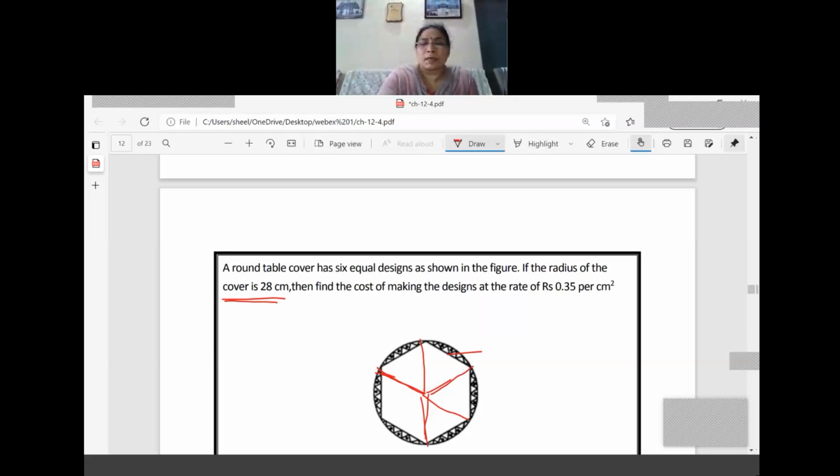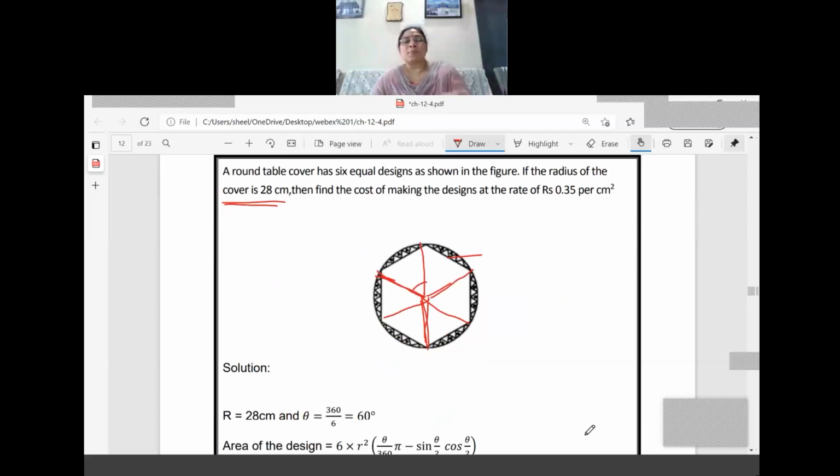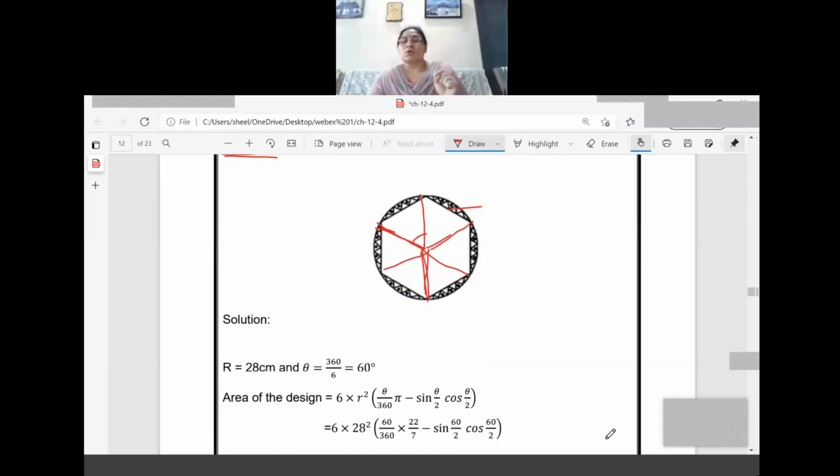So like that, one more here we can join like that, right? Now here, okay. Next is here. So it will be divided into six equal parts only. So now we can calculate what is the central angle for each one. The question gives the radius, and the cost per centimeter square, but no central angle is given. So after looking at the design, what we have done, we have divided it into six equal parts, and the design we understood looks like a segment only. For the segment area we need the central angle first. So we are making six equal portions, so 360 by 6, that is equal to 60 degree.